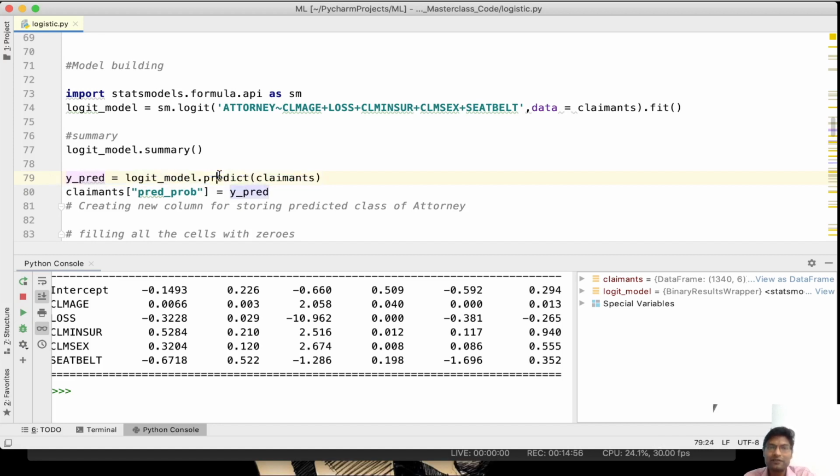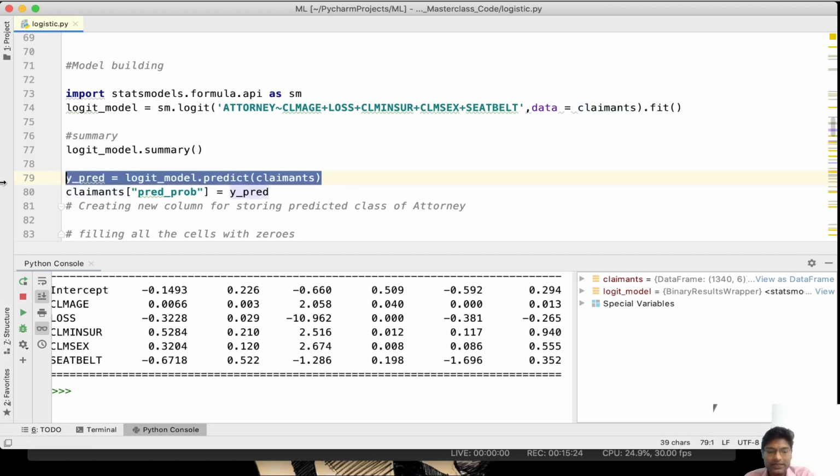So to predict our future values, logit model dot predict claimants. This is the claimants data frame, and the predict method will read only the input columns. Whichever input columns we have supplied to this model, only those will be read from this data frame, and it will produce a new attorney value that we will store in a list called y predicted.